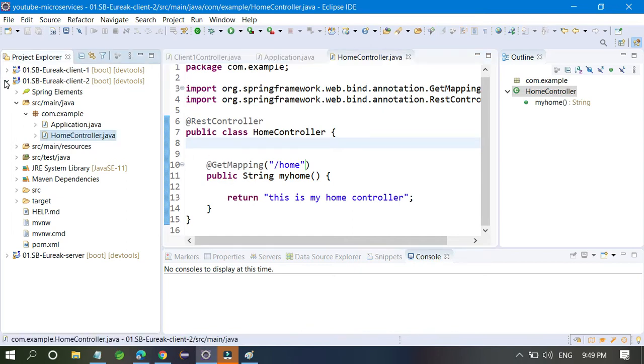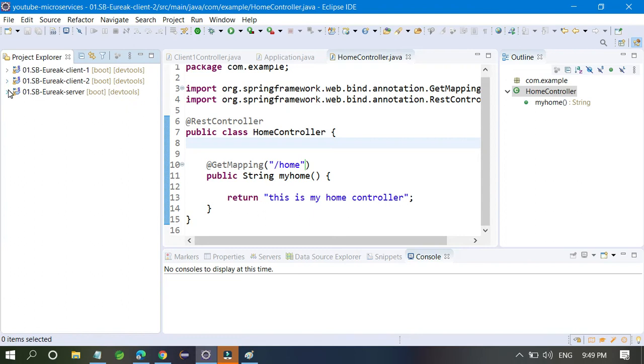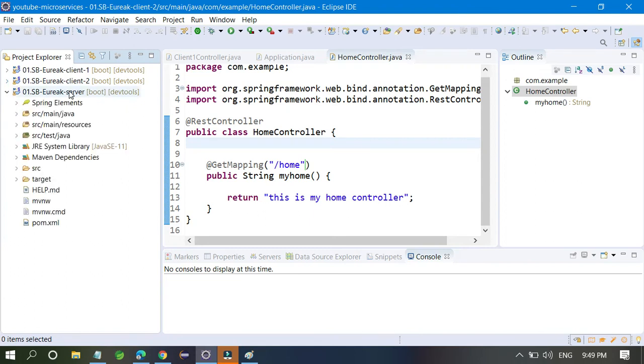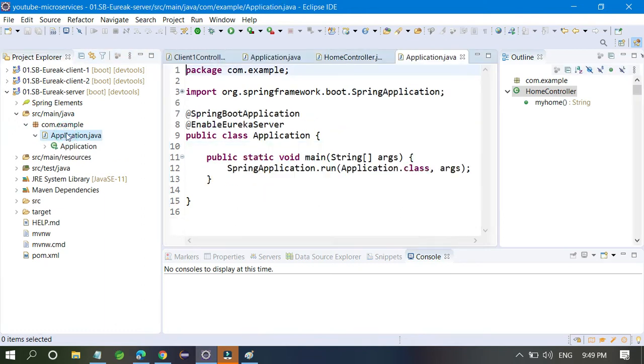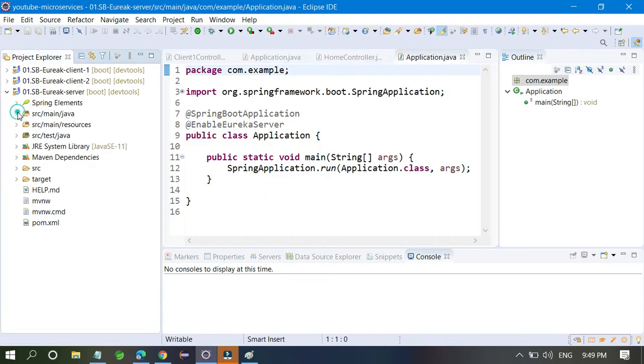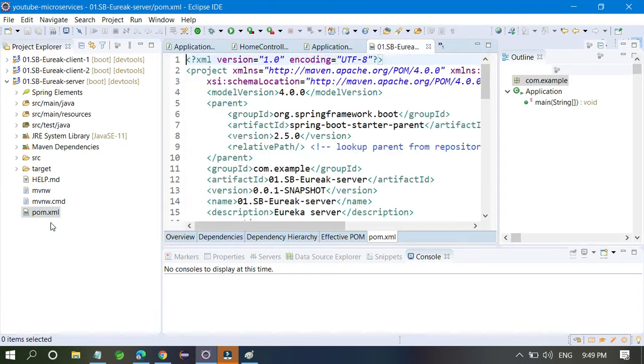This should be fine. We also have one Eureka server, which I already created in the previous video, so please watch the previous video, otherwise you can't understand this one. I have enabled the Eureka server here. This video's motive is to create an API gateway, so I am going to create one. This is the pom.xml, where I have added the Eureka server dependency as well.